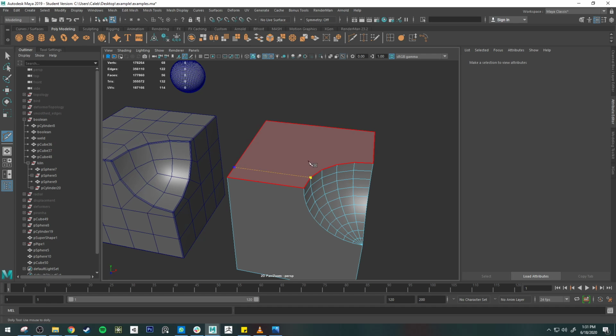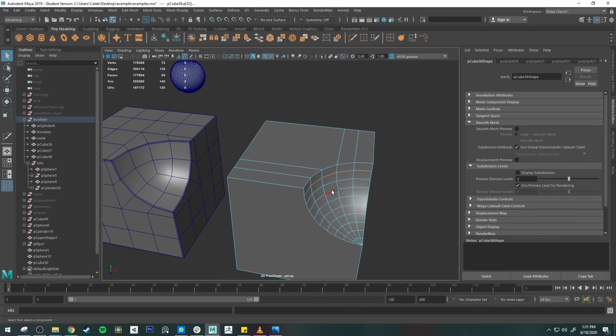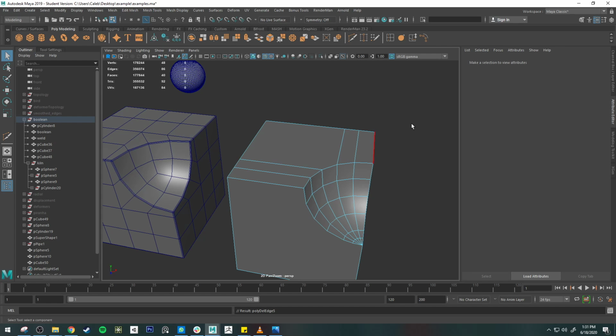I can press enter. Let's go over on this one, press enter. Go on this one, press enter. You know, there's definitely ways I can clean this up. And I probably don't need quite this many edges. Let's just delete about half of them just so I can have something that's easier to clean up for this example. So I'll cut this one,